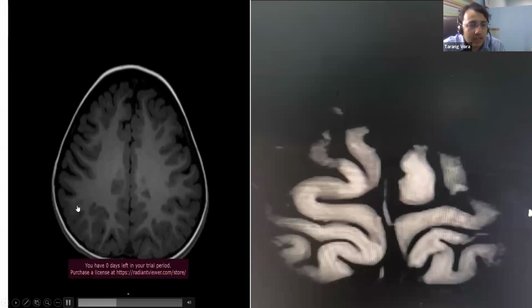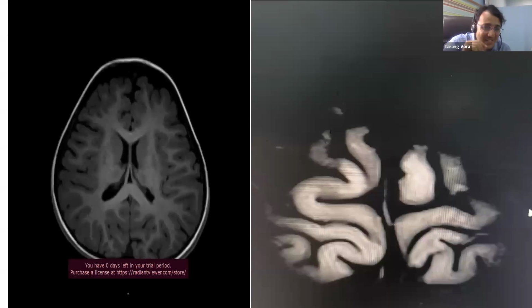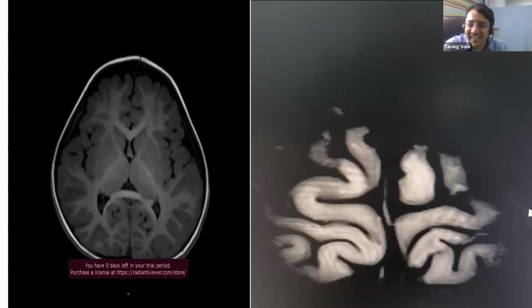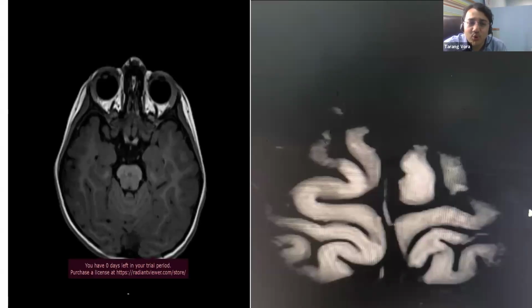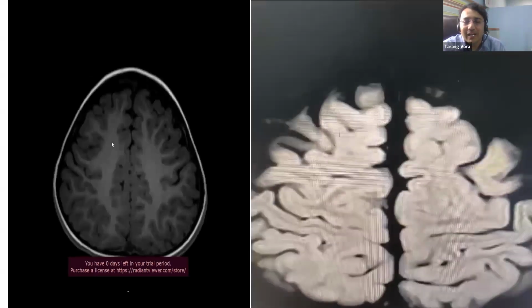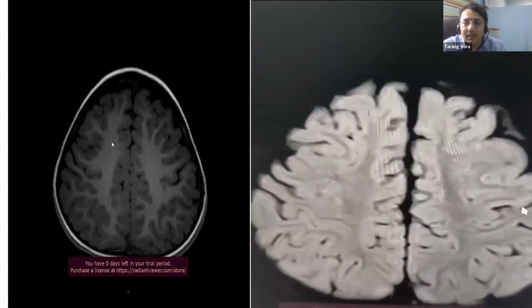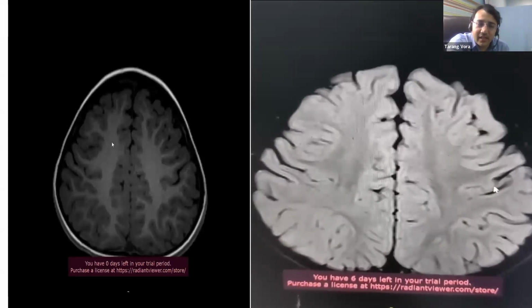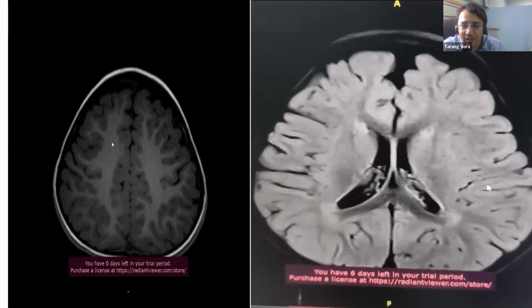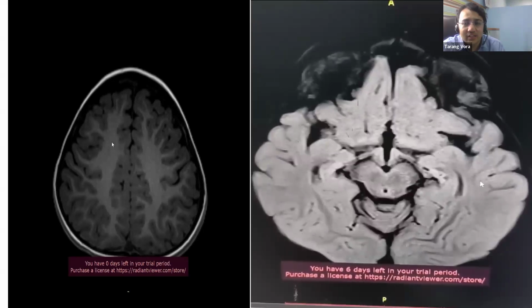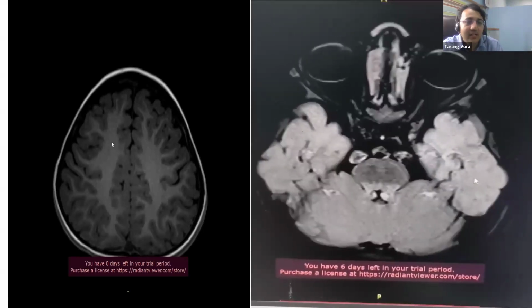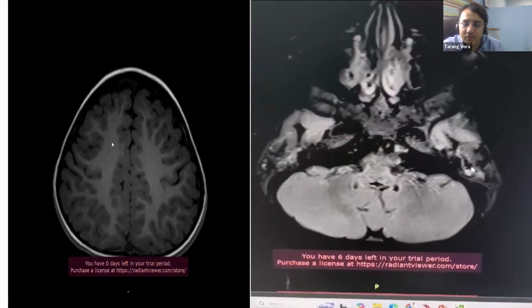You can take a look at how the gray and white matter is looking. For each case evaluation, if you want to look at the MRI, it takes 15-20 minutes minimum to scroll through the MRI to get an idea of how it is looking. The left side was the T1 weighted, the right side was the FLAIR imaging. There is no significant dysplasia noted on the FLAIR as well as T1 weighted images.